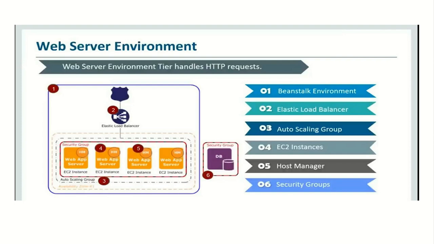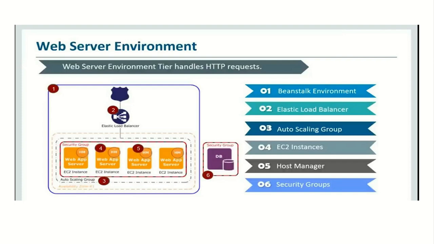these requests among EC2 instances of the auto scaling group. Then we have auto scaling group. Well, if our web server is trying to handle lots of traffic, and it's having a scarcity of EC2 instances, then auto scaling group automatically installs a few more EC2 instances. Similarly, if traffic is very low, then it automatically terminates underused EC2 instances.